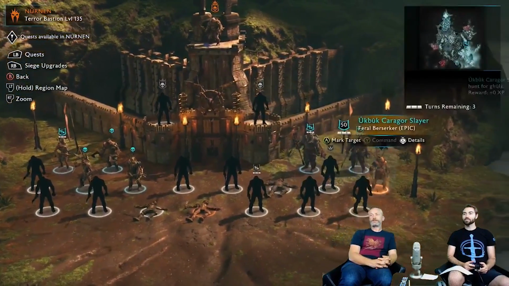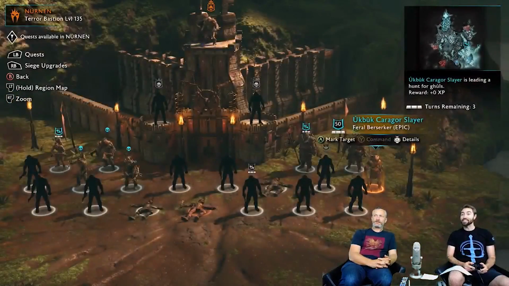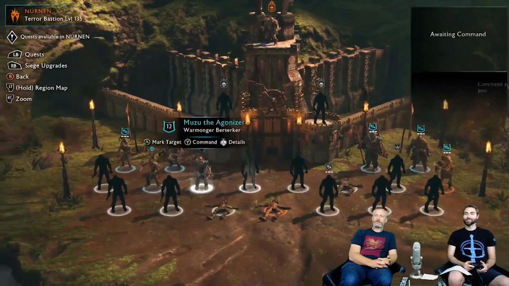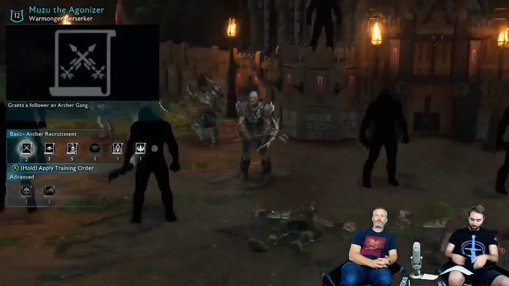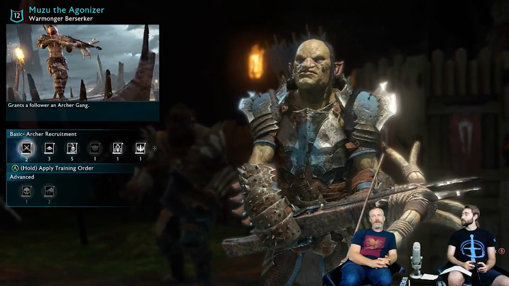So now this guy lives in Nurnen. This is Ukbook or Caragor Slayer. And actually, I think he's on a mission already. So we're going to real quick go to one of these guys without one and show you, which is okay, but you go in command, training order. Yeah, the training order. So you want to talk again a little bit more about the...